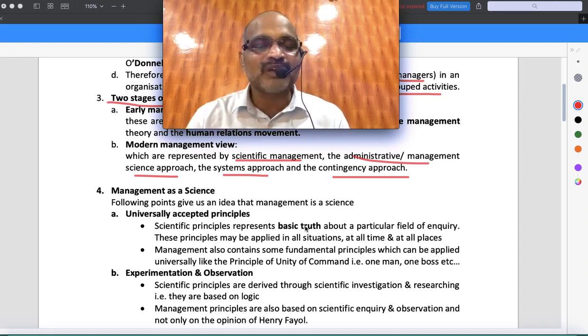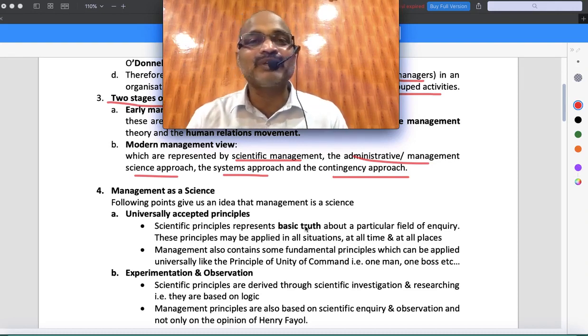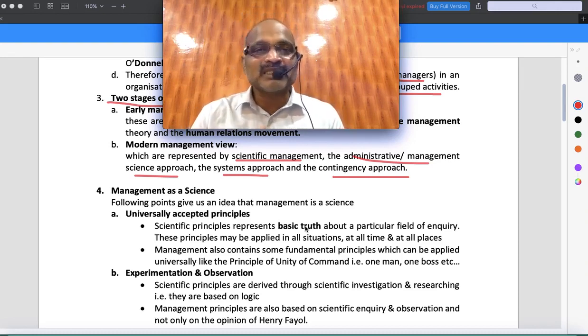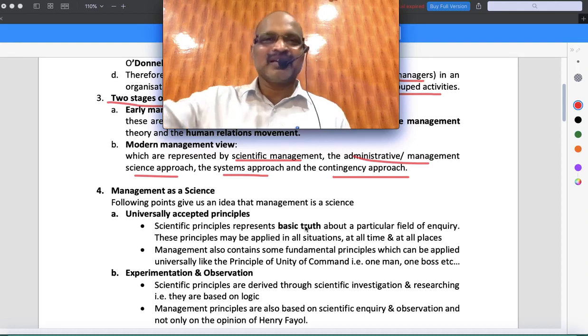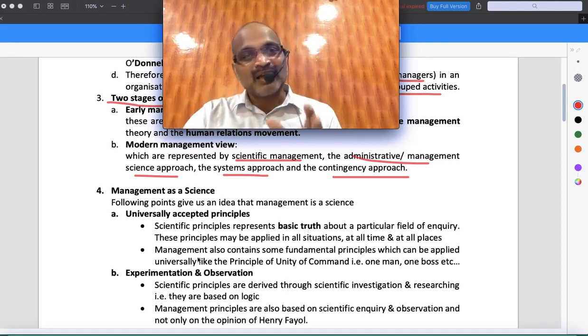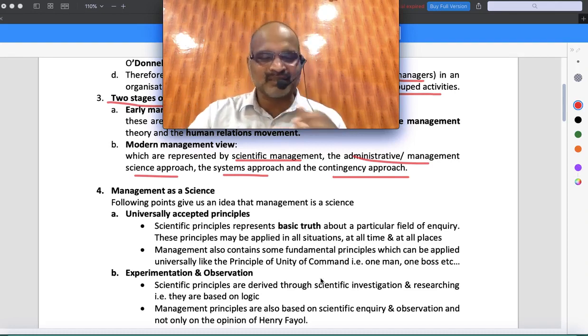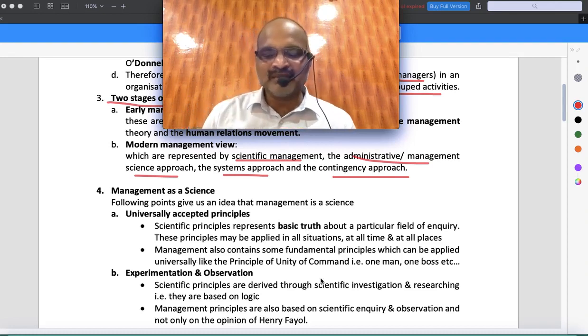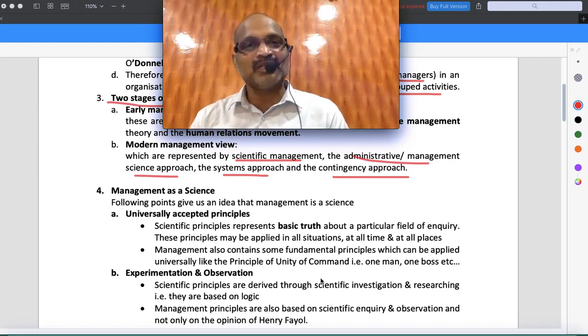So when we get things done, we don't simply do them randomly. We will always apply a step by step process. First, second, third, like this. So management has the characteristics of science. In every point, you're supposed to understand what is about science and in which way it is related to management. Second important thing is whether management is an art.